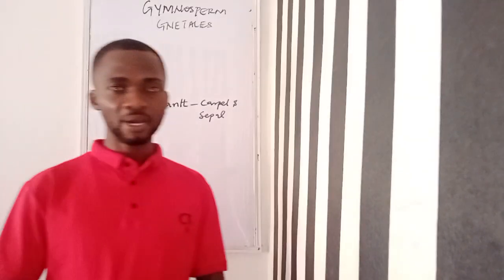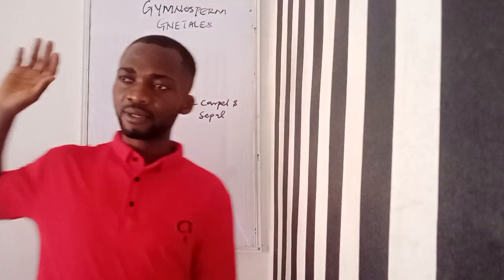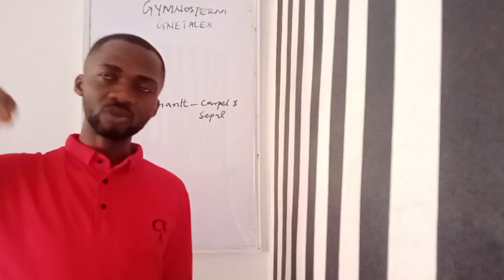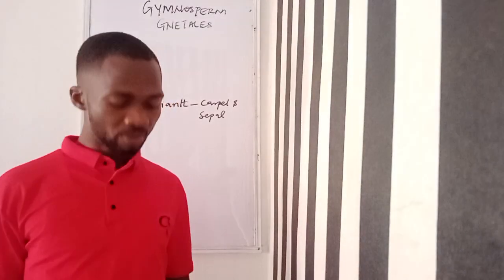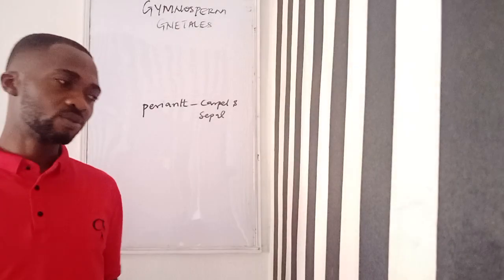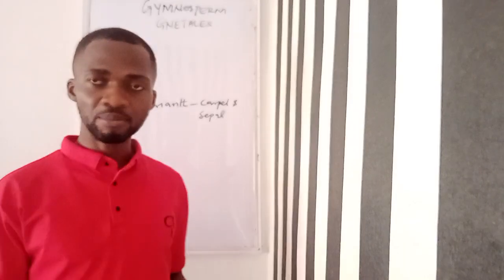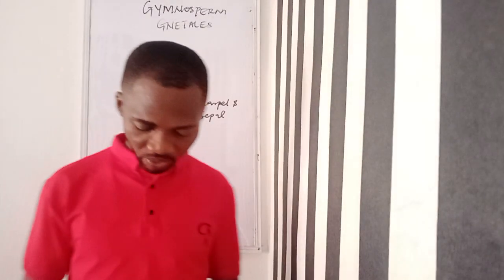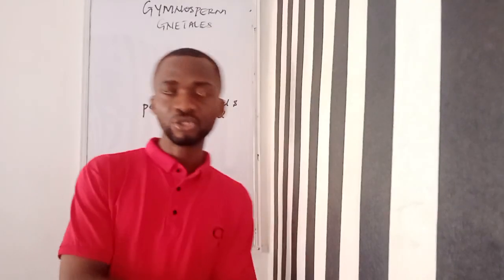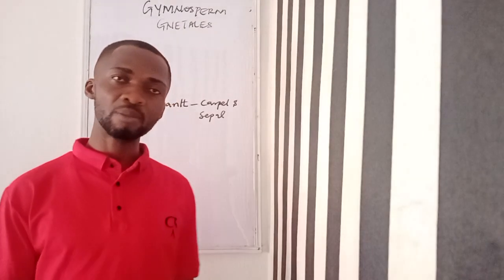Then the last, before we say bye-bye to gymnosperm: similarities between gymnosperms and angiosperms. We have looked at the differences between gymnosperms and angiosperms. We want to now look at the similarities between them. Number one, the plant is differentiated into roots and shoots, or I can say into three vegetative parts of the body: the leaves, the stem, and the roots. Yes, they are clearly differentiated. They are main plants. Number two, both possess a well-developed vascular system, even though some cells are lacking, like I said, in some members of gymnosperm.